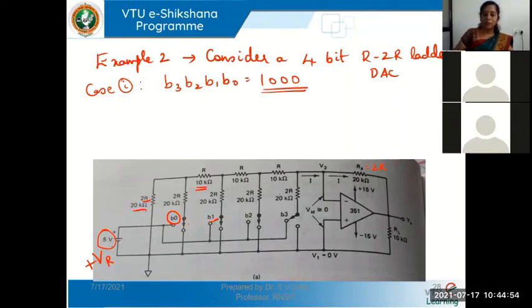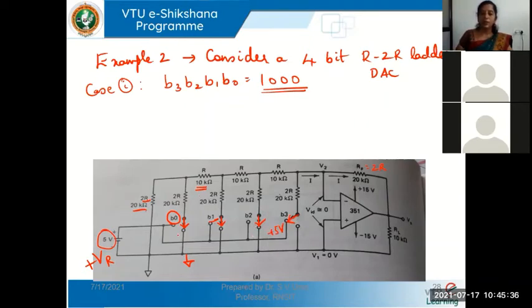The connections here would be, as you can see in this figure, we have already made this connection. You see B0 is connected to ground. This lower line is the ground. The upper line corresponds to plus Vr. I'm using a positive V reference and I have not used this R. So even this circuit is fine. I told you there are many variants of the circuit. So we'll make this connection: B0 to ground, B1 to ground, B2 to ground, whereas B3 should be connected to plus Vr. You see B3 is connected to plus 5 volts. This is the initial connection which we are trying to make.